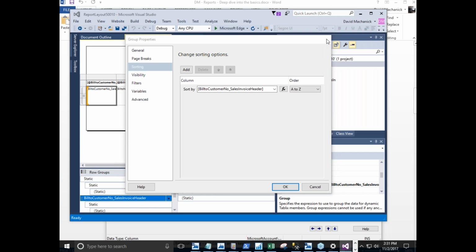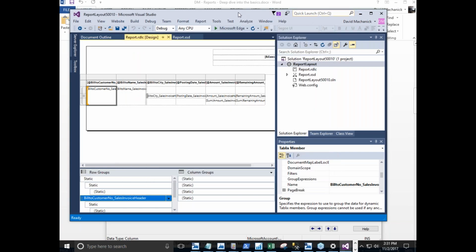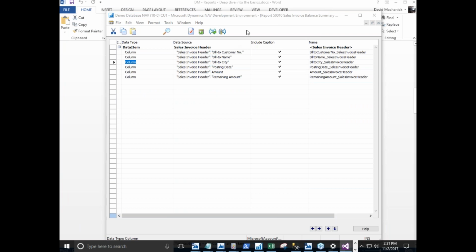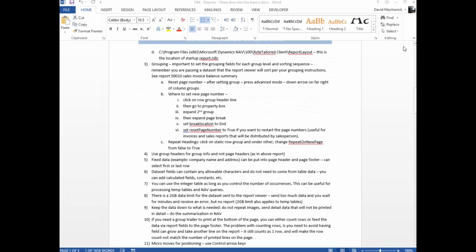And basically, you're passing a data set. It can contain any data you want. It doesn't have to come from the table. You could give it a variable or calculate a field. It really doesn't care, because once it gets to Visual Studio, all it's getting is a set of rows. Mm-hmm. Yeah. And you also have the reset page number option,